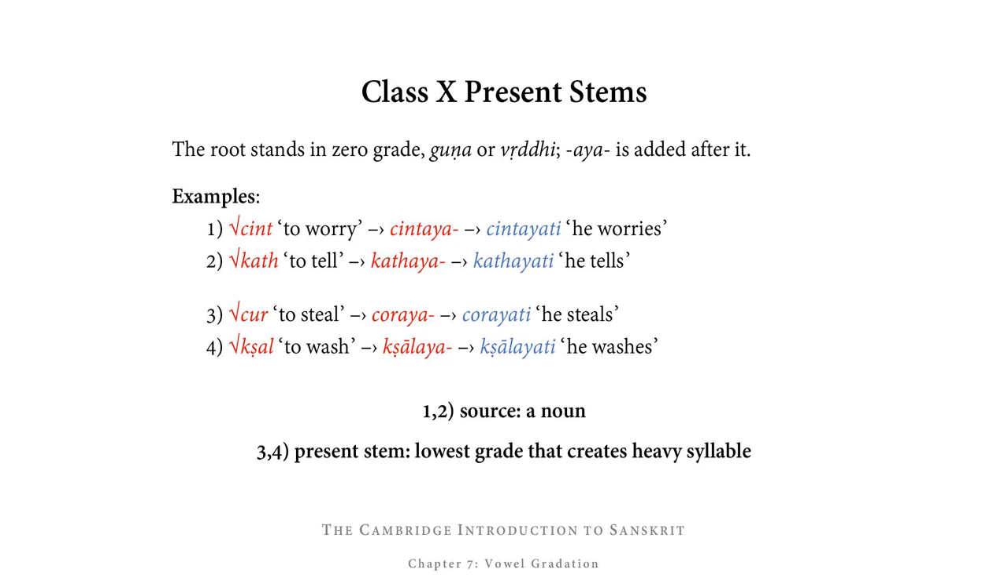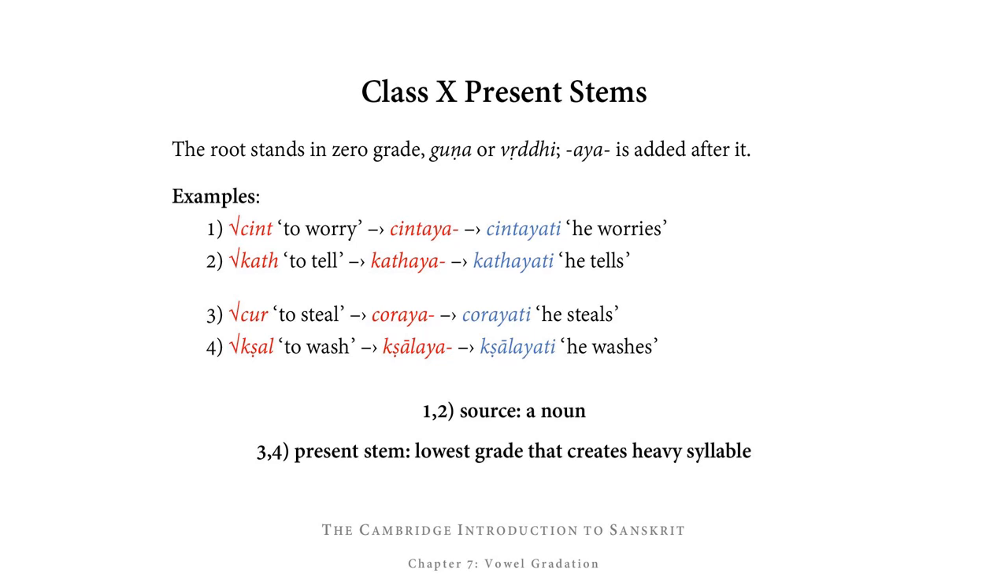Of chur, to steal, we have a present tense stem, choraya, and a third singular, chorayati, he, she, or it steals. And of kshal, to wash, we have kshalaya, with a third person singular, kshalayati, he, she, or it washes. Now, what you need to know is that in a class 10 present stem, you don't know what